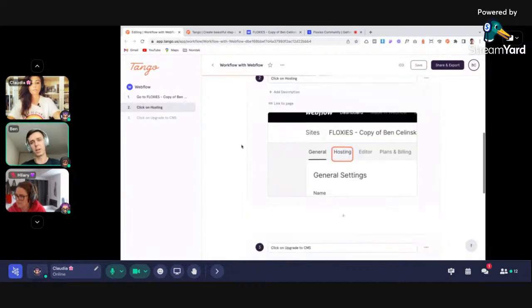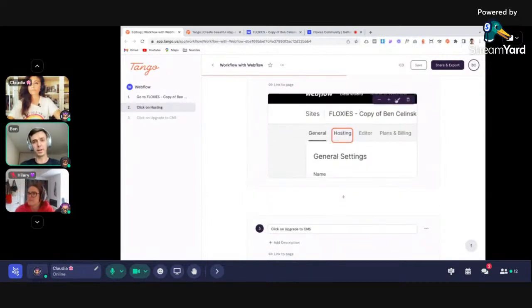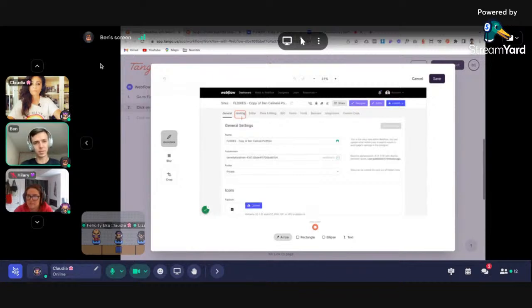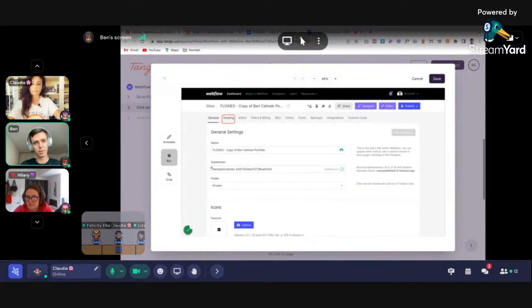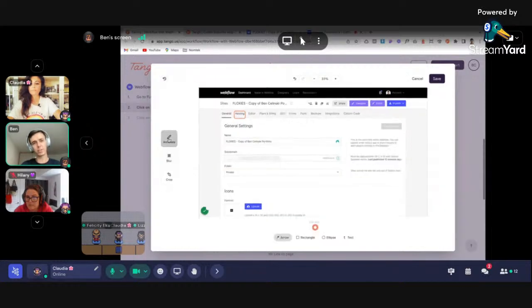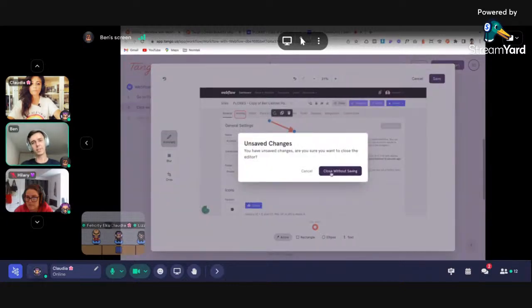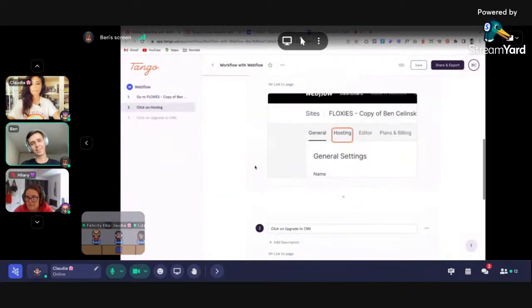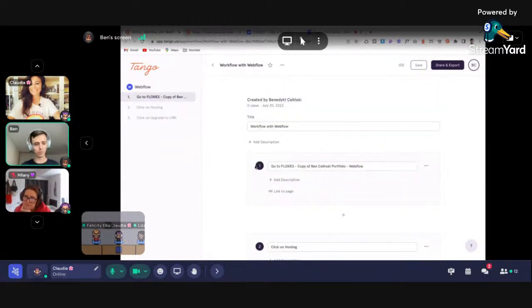You maybe add some descriptions, you may add links, you may blur things out if something is sensitive for whatever reason. You can blur it just like that. You can crop it, you can annotate, you can add arrows, you can do many things. But the point is how insanely quick this was. I didn't have to go and do docs, it's even faster than Notion, I would say, for short walkthroughs. So this is just ready to go.